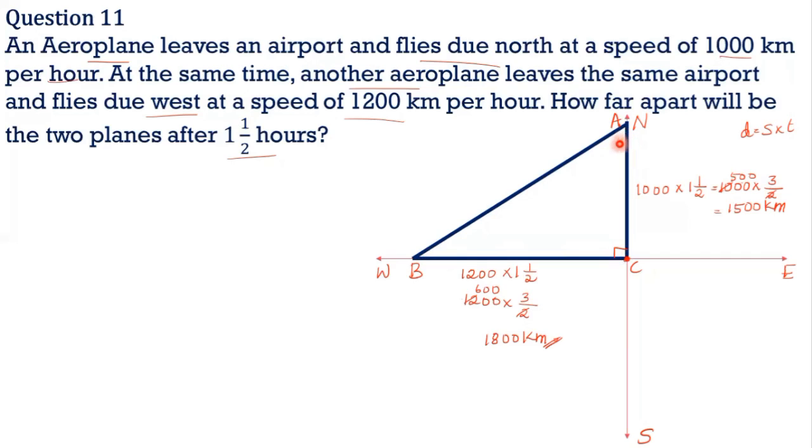Now we have to find distance AB. So we have to apply Pythagoras theorem. Angle C is equal to 90 degree. So AB square is equal to AC square plus BC square according to Pythagoras theorem. So AB square is equal to AC square plus BC square. So AB square is equal to BC is 1800 square plus